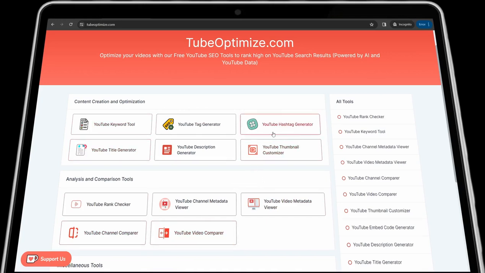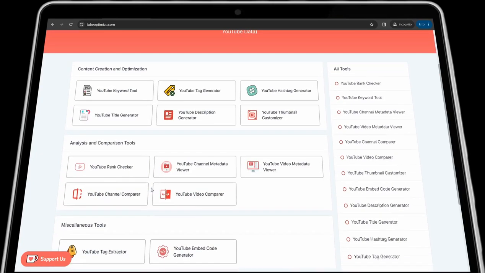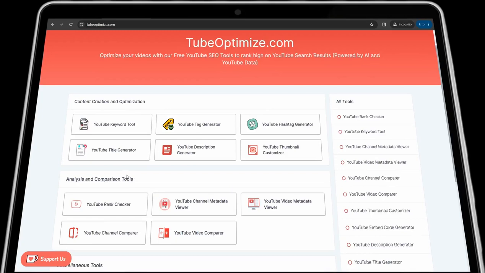So here you can get the YouTube hashtag and YouTube tags, title generators, and for analysis and comparison tools you can check the rank of your YouTube video and metadata of your YouTube channel, and so on and so forth. So for example, if we head over to this one, like YouTube hashtag generator, and click over it,